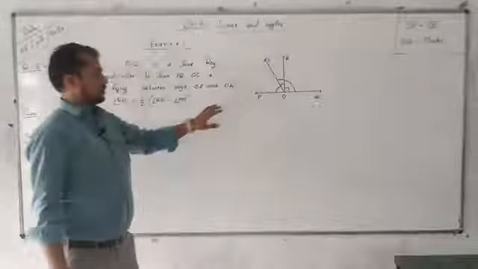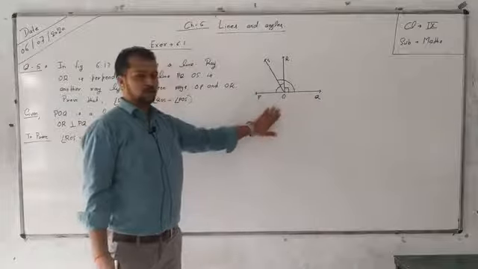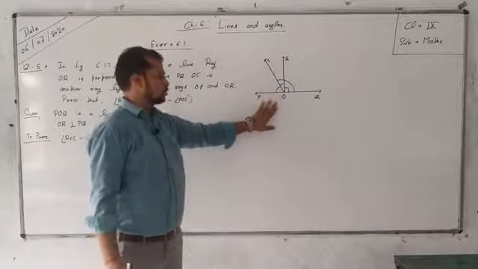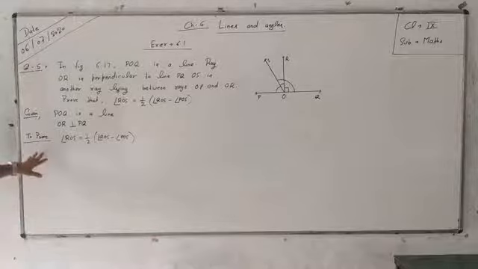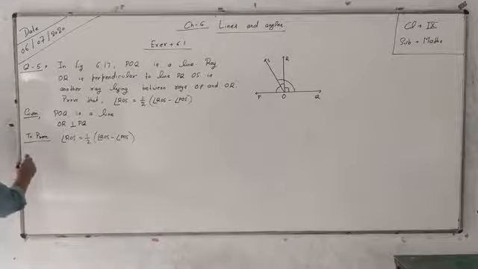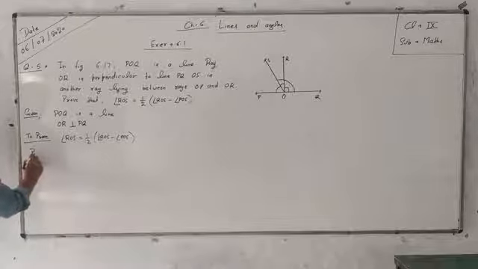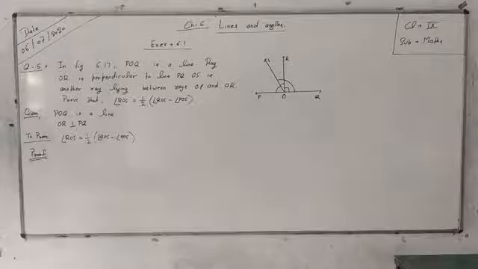And after this, the third thing is construction. If construction is needed in the figure, you have to construct also, but in this question there is no need of construction. That's why you can skip that step and now you can write down the last step, means you are going to prove.